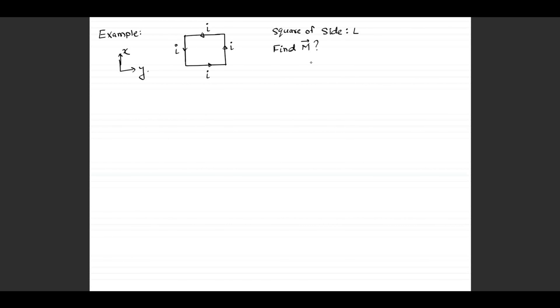So the question we have here is, it says there is a square of side L carrying current I. XY directions are shown. We have to find the magnetic moment. Okay. So first of all, if you curl the fingers in the sense of current, your thumb will be out of the plane. So can I say area vector will be plus j cap and it will be equal to L square. Sorry, it is out of the plane, so area vector will be k cap. So area will be L square k cap. Therefore magnetic moment will be I into L square k cap.